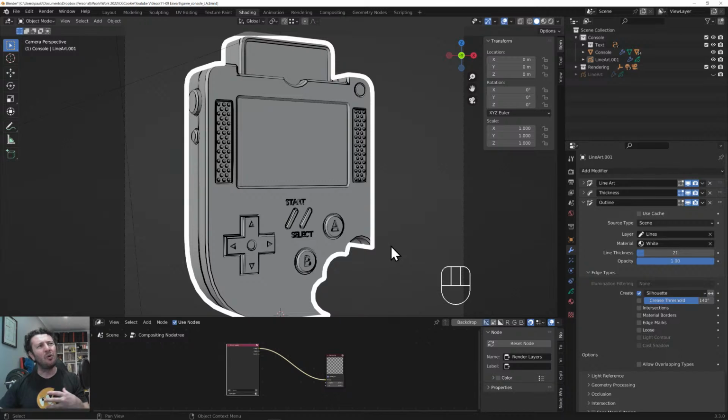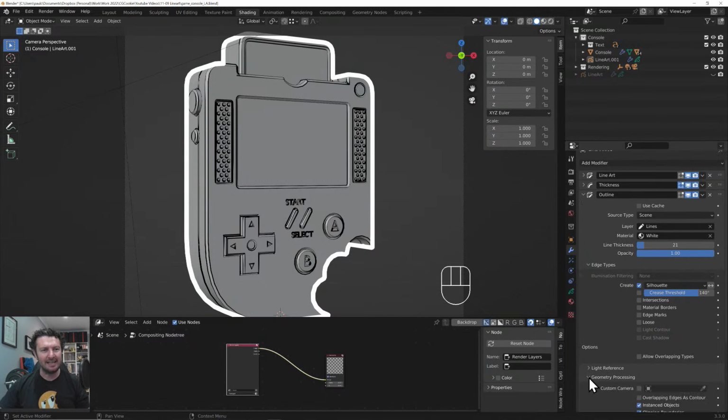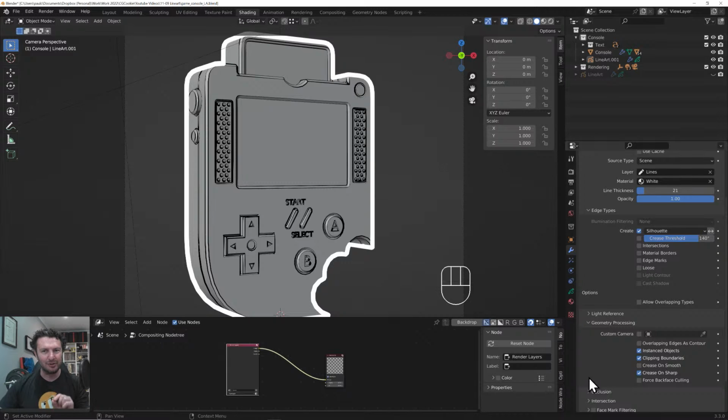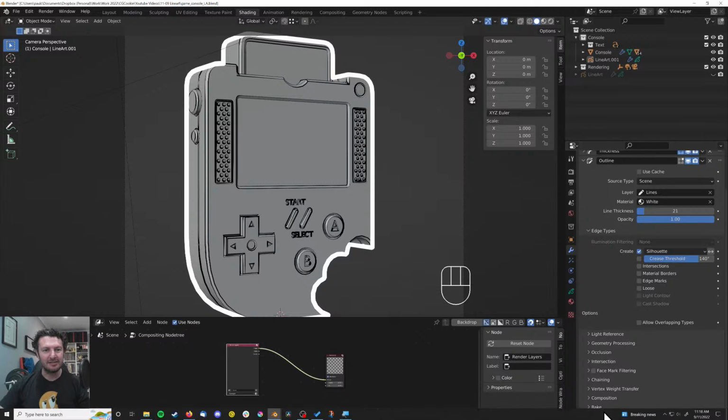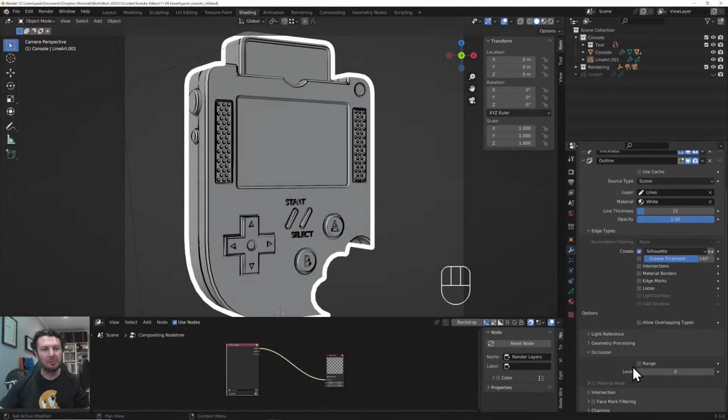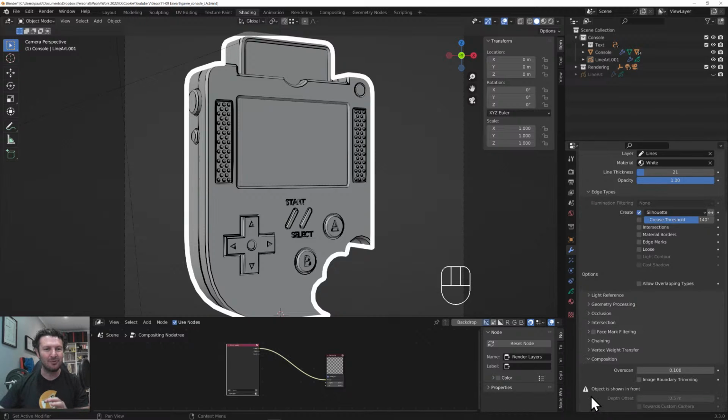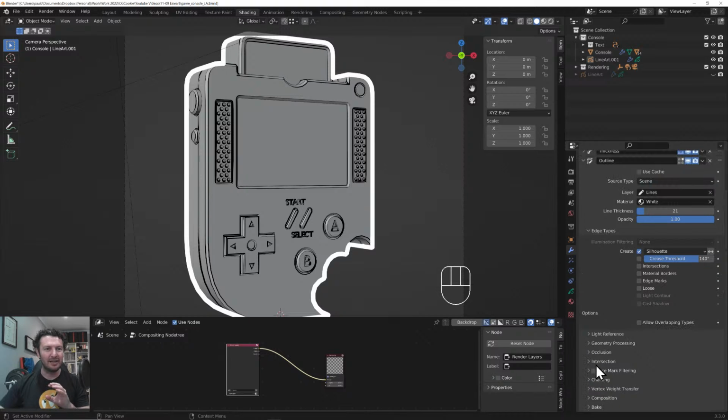Now, yeah, I think I want that behind, and to be honest, I need to figure out the real settings for this part, because I think there is a way to bring it back or forward. I just don't know. I didn't do this for the demo. I'm really sorry. So I don't really want to fluff around because I don't have much more time here, and I want to show one more example. It'll probably be somewhere in these other settings, which are a little bit more complex, and I don't exactly want to go into them just yet. So look, let's put a pin in that, and I'll get back to you on this line thickness